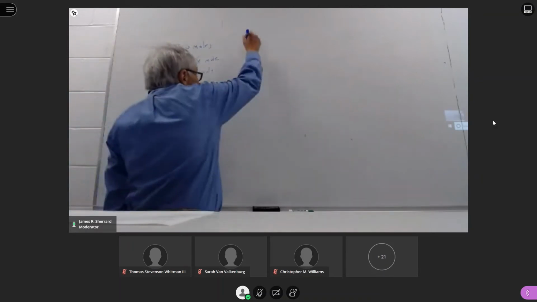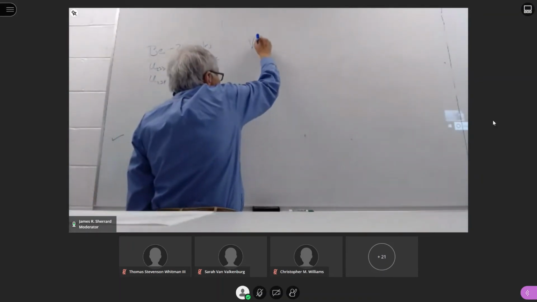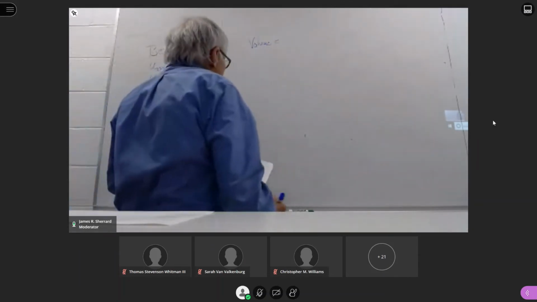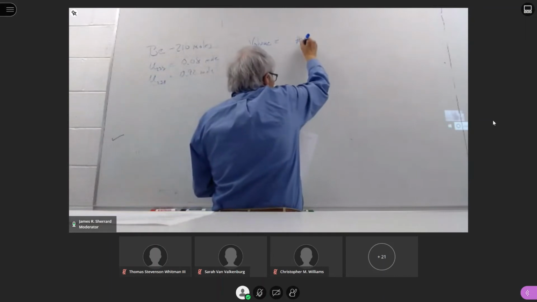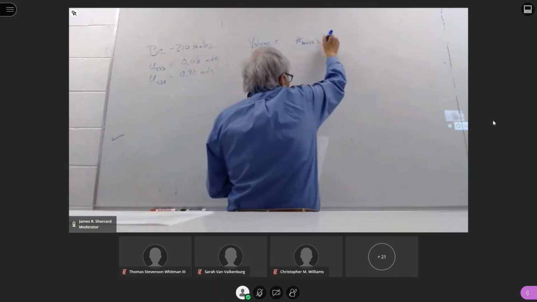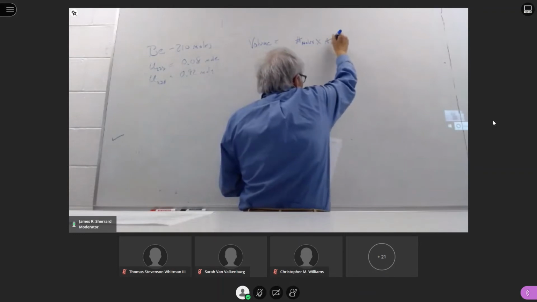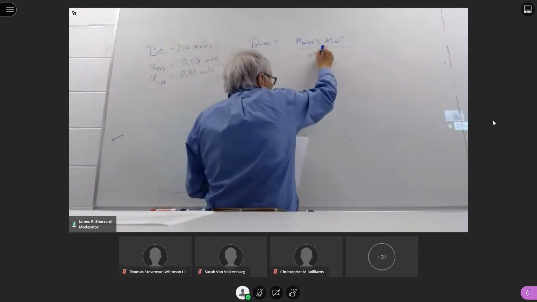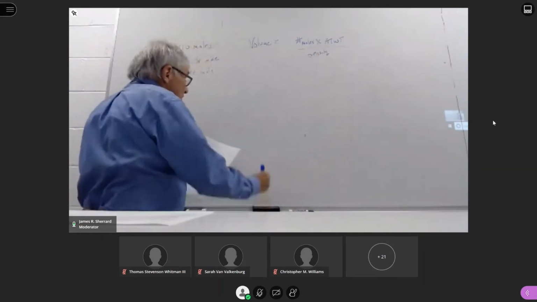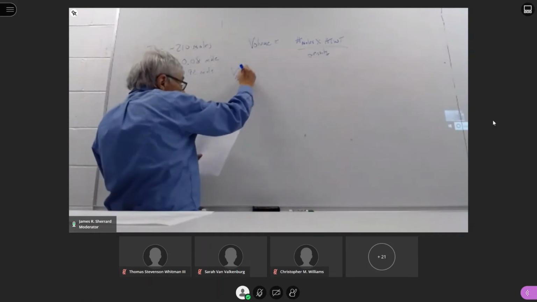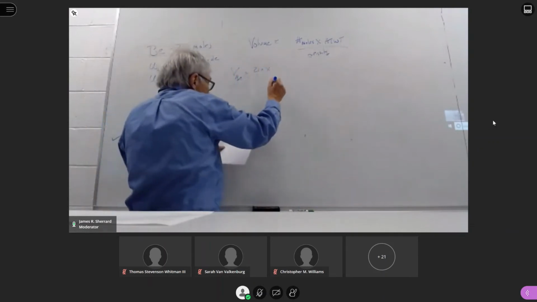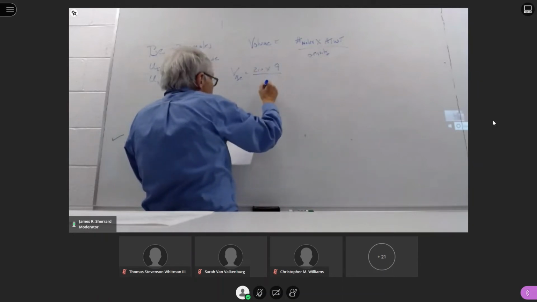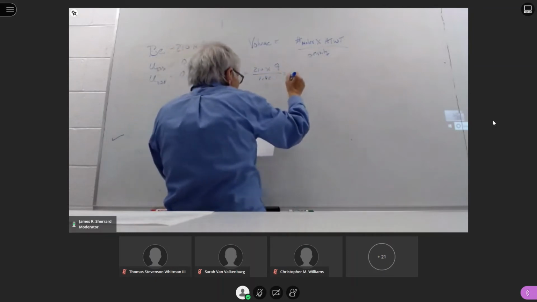First thing we need to do is calculate the volume. And we need to find the volume of each of the constituents. And basically, that is the number of moles times the atomic weight divided by the density. So for each of these, the volume of the beryllium is 210 times 9 divided by 1.82, and I had that value come out to be